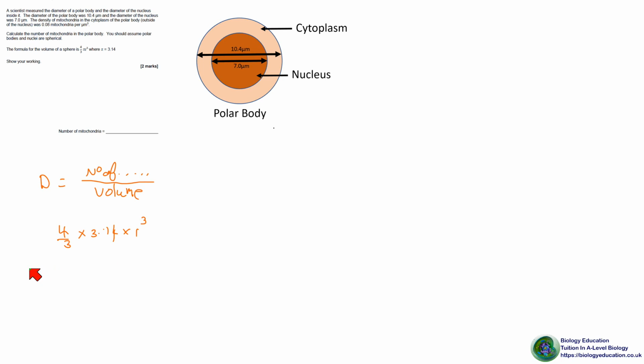So the volume of the polar body is 4/3 times your pi value, and then the radius, which is half of 10.4, so that would be 5.2, cubed. 5.2 cubed is